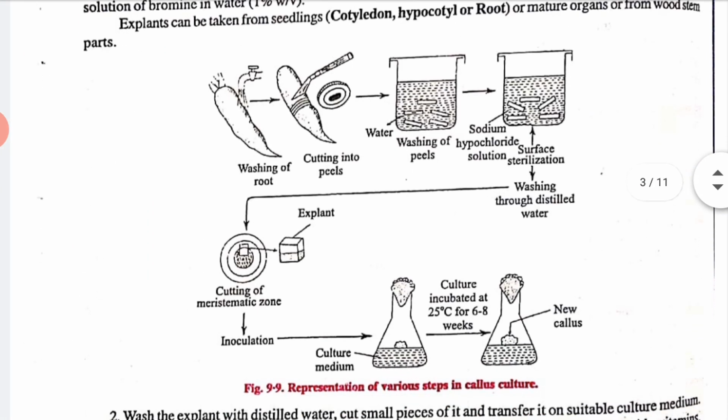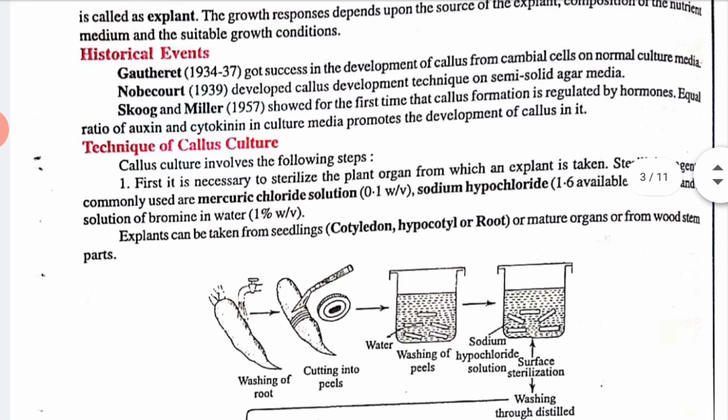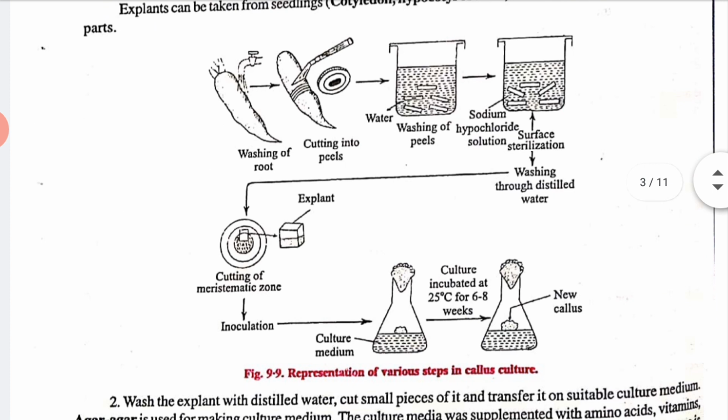Look at this structure. Okay, so what you have to do is cut a middle part of this carrot. First of all, we will wash this carrot and we will cut the middle part as a cutting into the peels. Okay, and after that we will put those small pieces inside the water and wash, right? Means washing off those peels. And after that, whatever the technique, you can read from here, all the technique is given here. Okay, I am explaining it to you in short.